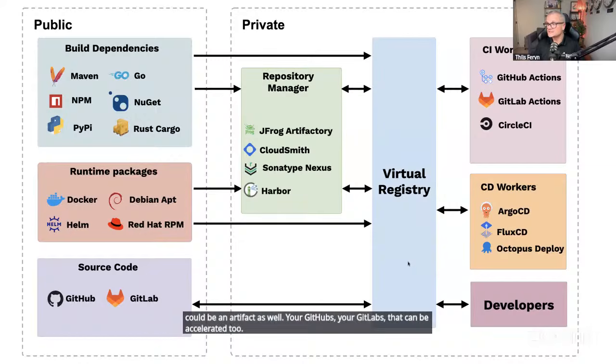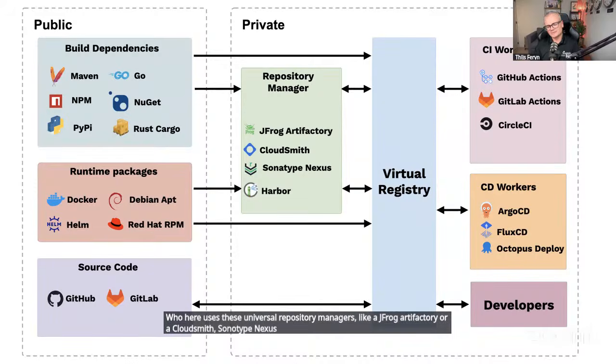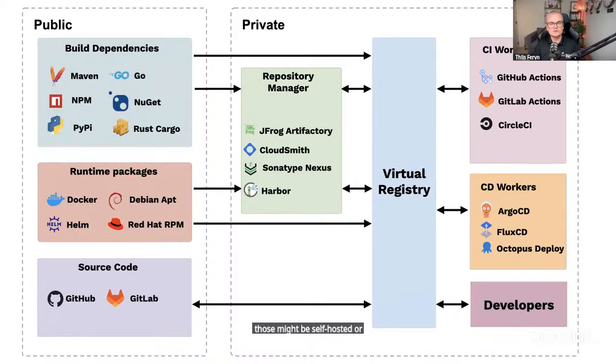Now, a lot of organizations use universal repository managers, and I'm curious, I'm going to keep an eye on the Q&A here, who here uses something like JFrog Artifactory, Cloudsmith, Sonatype Nexus, or Harbor? Those are more at the private spectrum. Those might be self-hosted or in a SaaS model on the cloud that host private applications and private artifacts,